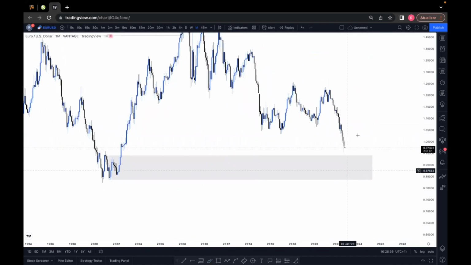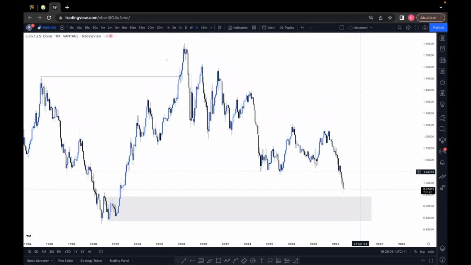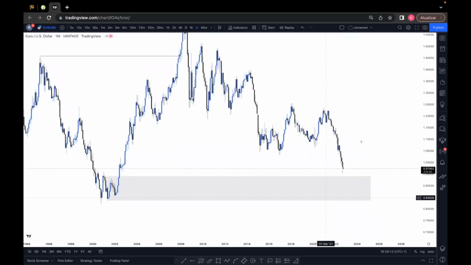Then I would recommend looking for some sort of weekly change of character or daily change of character, just to give us a signal that we're about to go bullish, all the way to take the yearly previous high. So that's it from a yearly time frame perspective. I'm just looking to see EUR-USD coming to this POI, and then we can look for long-term